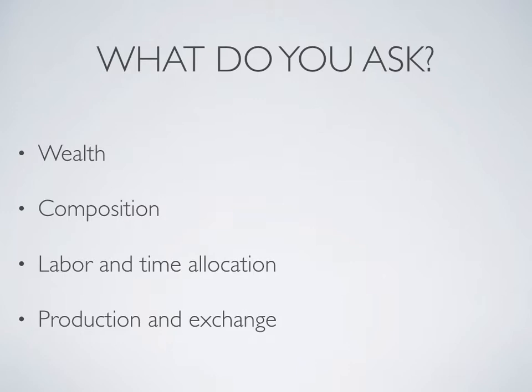Production and exchange, what they're creating, what they're trading. There's a lot of research on food sharing, for example. And we'll be talking more about some particular methods that you can use to gather each of these. So labor and time allocation we'll be looking at in our behavioral observation module. Production and exchange, you can again do similar types of observations where you basically sit outside the household and watch what comes in and what goes out. But a lot of this information you can get by survey data.